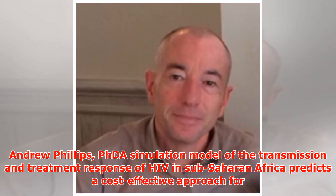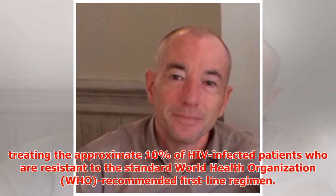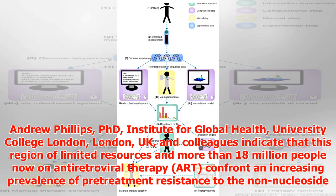Andrew Phillips, PhD. A simulation model of the transmission and treatment response of HIV in sub-Saharan Africa predicts a cost-effective approach for treating the approximate 10% of HIV-infected patients who are resistant to the standard World Health Organization (WHO) recommended first-line regimen. Andrew Phillips, Ph.D., Institute for Global Health, University College London, London, UK, and colleagues indicate that this region of